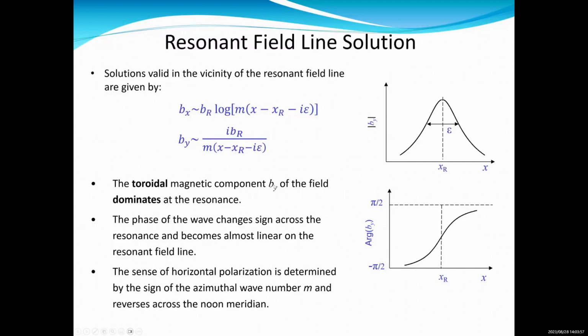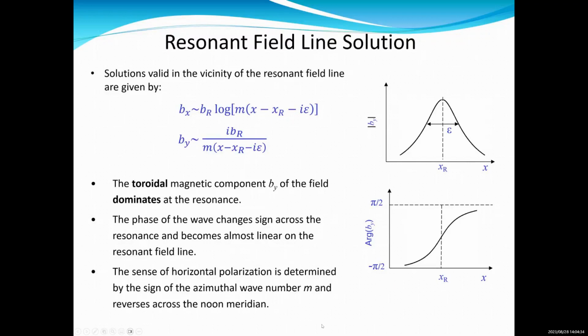The toroidal y component in this box model dominates the resonant position. The phase of the wave changes sign and becomes almost linear, as you can see on the resonant field line. The sense of polarization is determined by the sign of the azimuthal wave number m, and in particular this polarization reverses